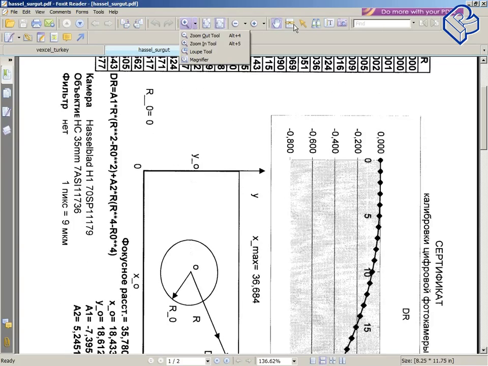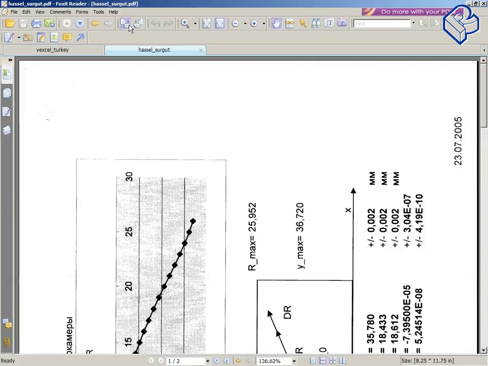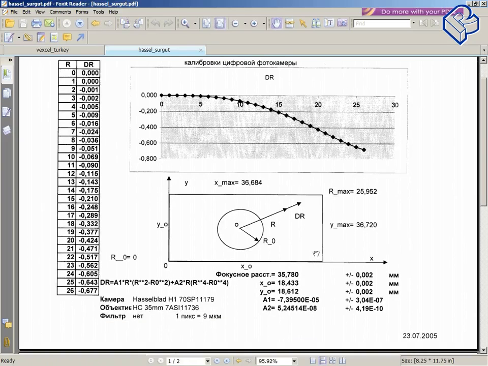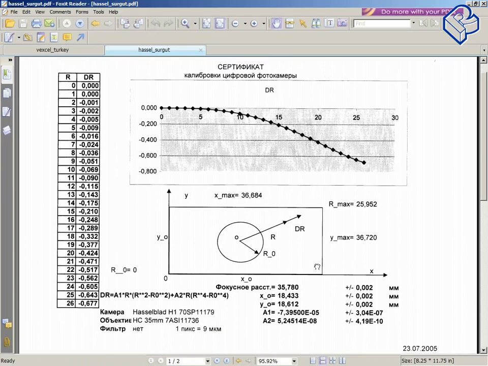Rotate it, please. Maybe something like that. Yes. Okay. Unfortunately, it is in Russian, but it's a full Hasselblad camera, and you see that in this case,